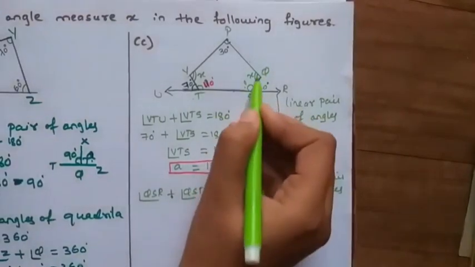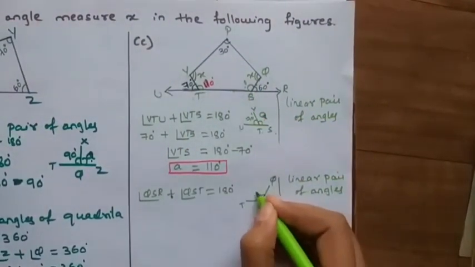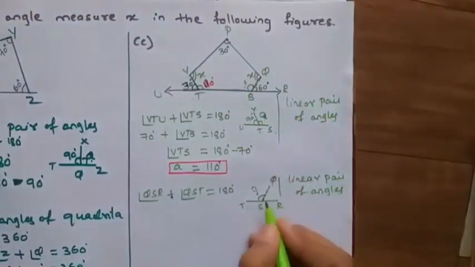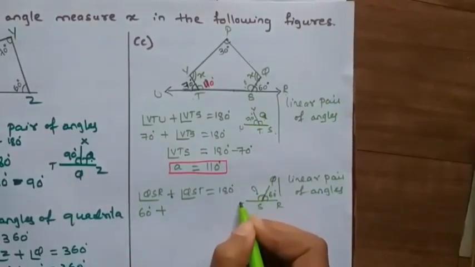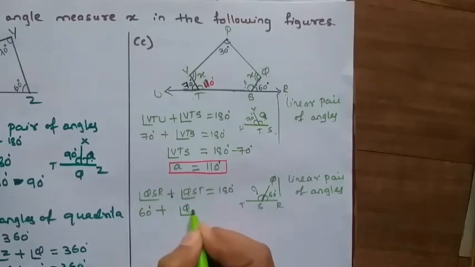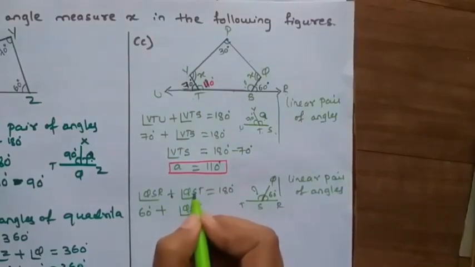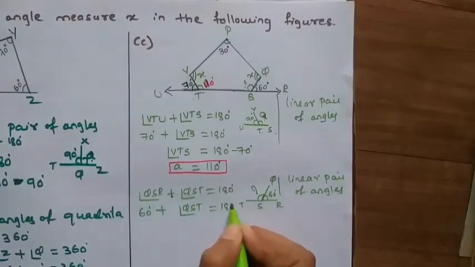Yes. Here QST is how much here? QST is not given. So it is a question mark. QSR how much here? 60 degree. The angle QSR is 60 degree. QST we have to find. You may give any variable or you may write as it is. Okay, QST. There is no problem. You may give any variable for this angle or you should write the angle name as it is, which is equal to 180